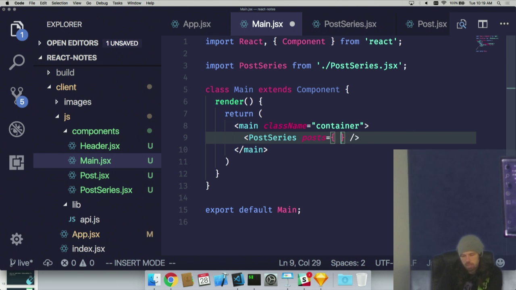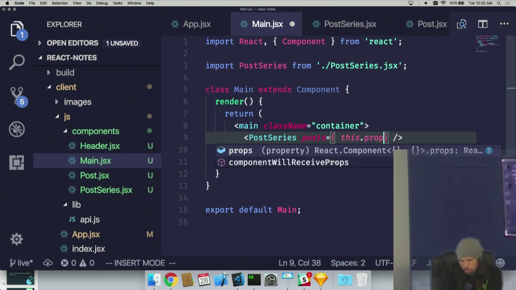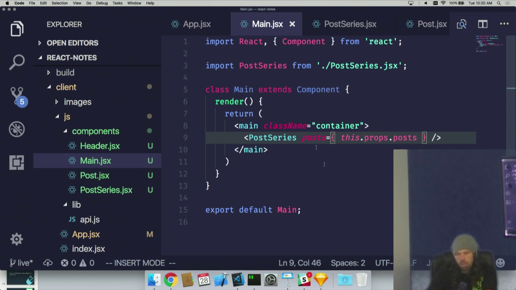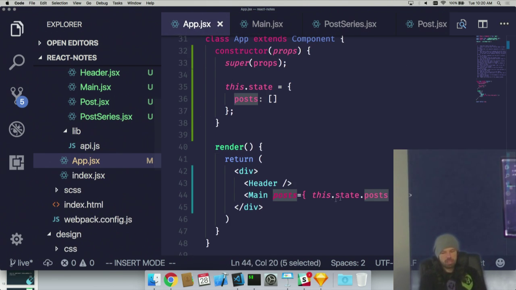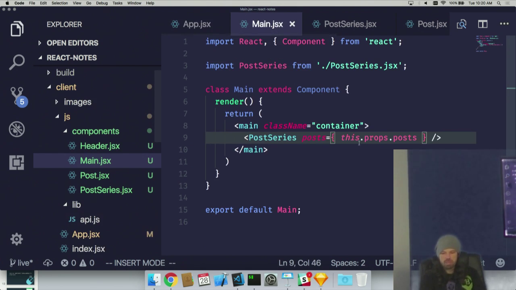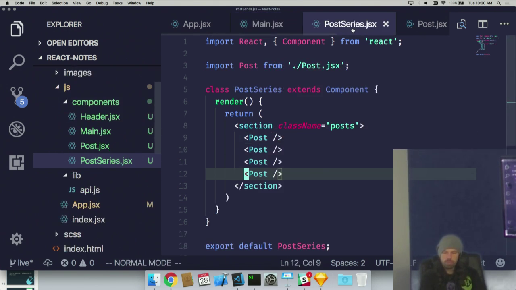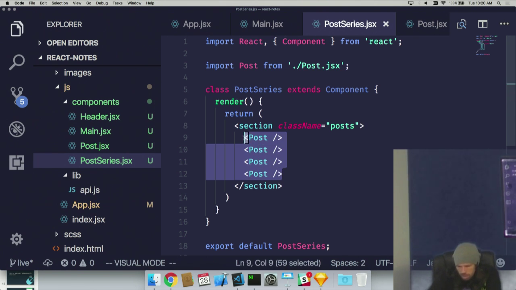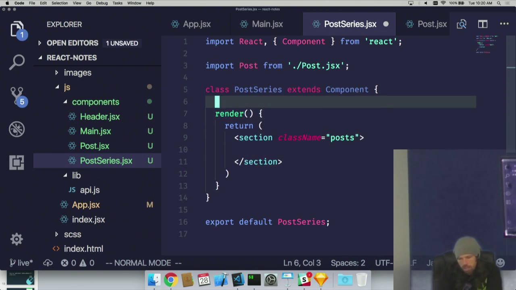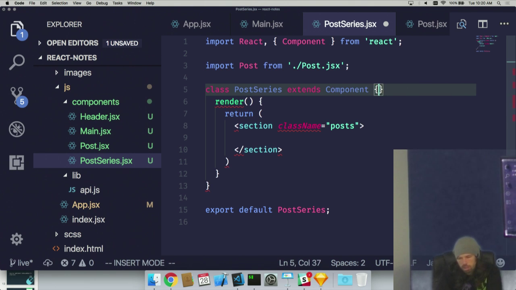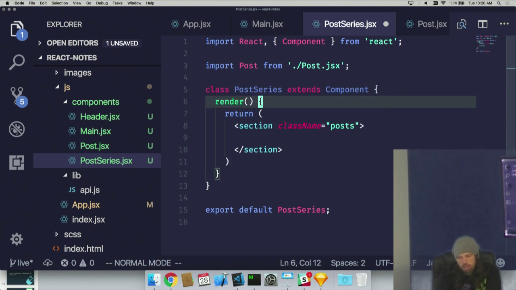The value that gets passed to post series is this.props.posts. So app passed this.state.posts as a property called posts. Main receives that property, and then it further passes it down to post series as a post property. Post series has this.props.posts now, and we can use that inside